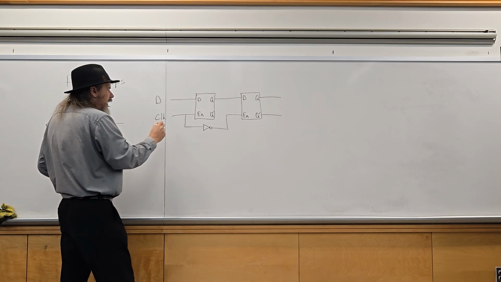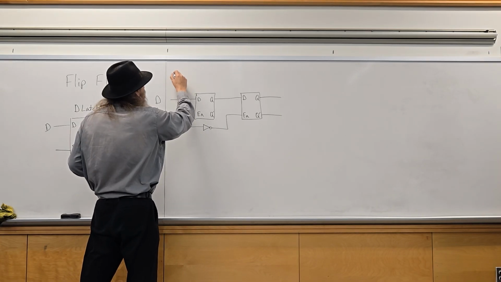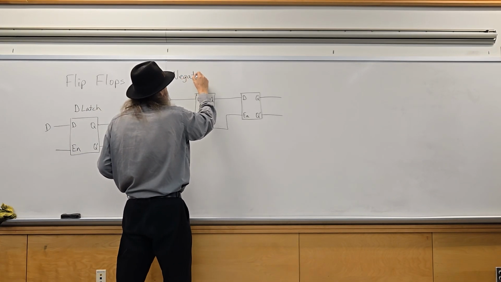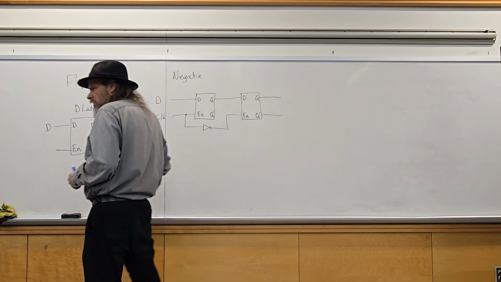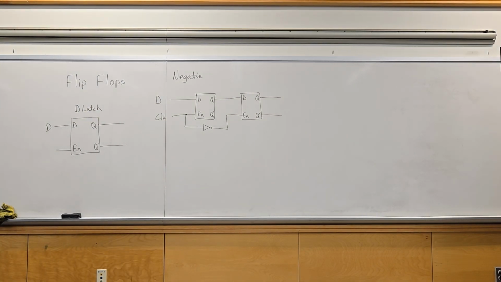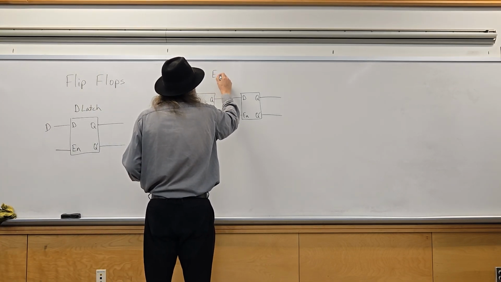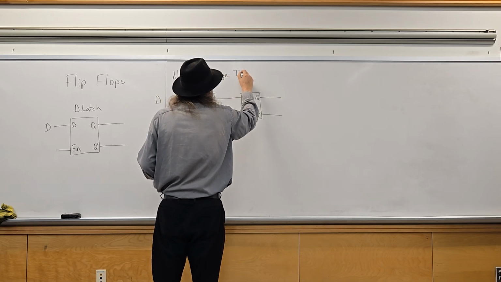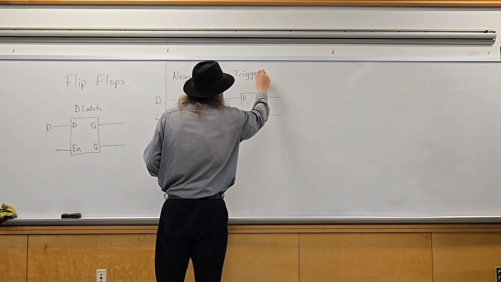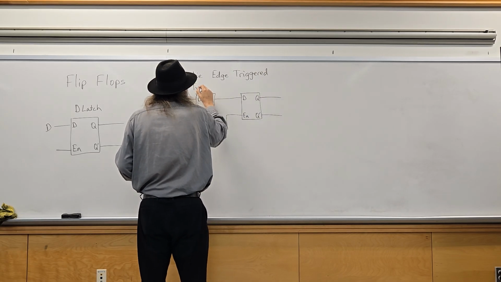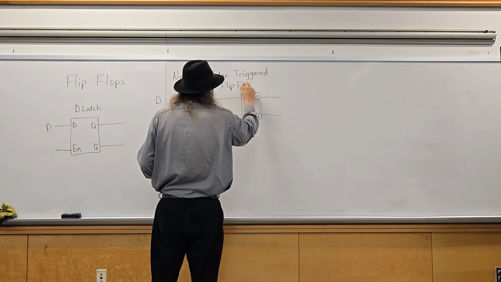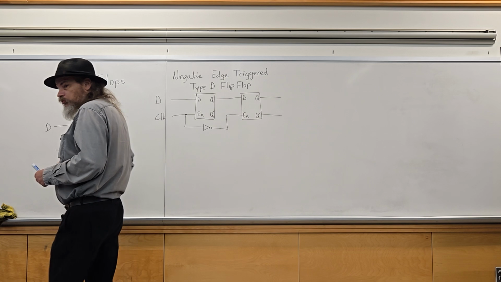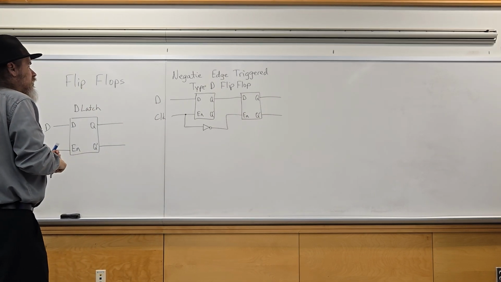So what happens is, this is a negative edge triggered type D flip-flop. Okay. So what happens is,